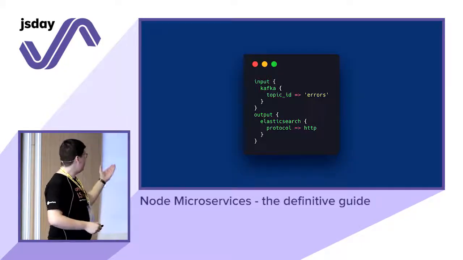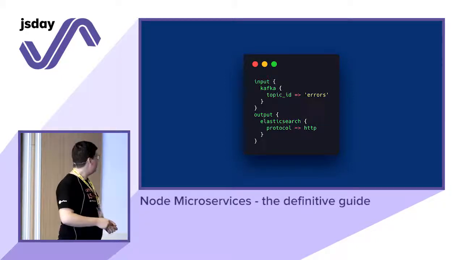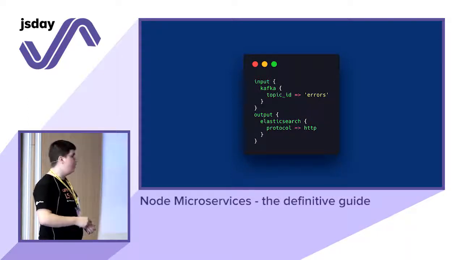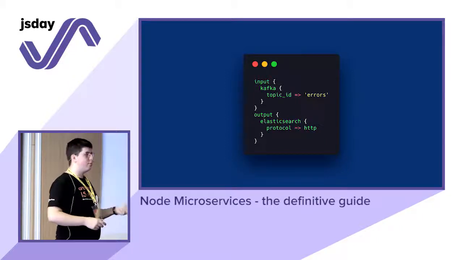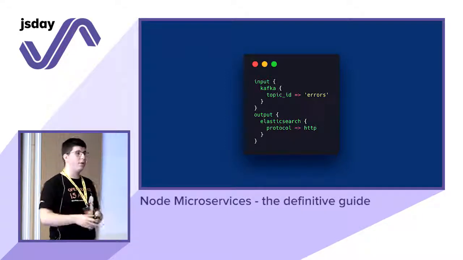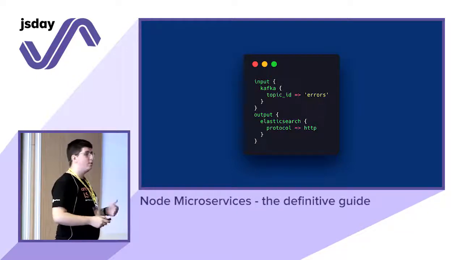So as I said, this is one simple Logstash config file where we have the input and the output. Here we use the Kafka plugin and say we want to listen only for topics with the errors. Inside Logstash, you can log all the messages that are coming. And I also recommend, if some error happens in some service, also log the error on a specific topic. And in that way, on Kibana and Elasticsearch, you will be able to just search by topic errors,